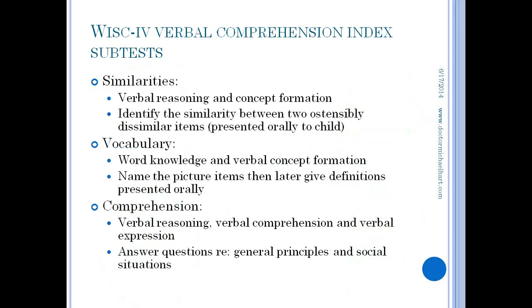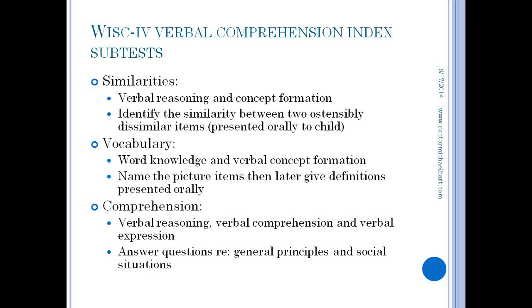So the general category is verbal comprehension, but really we're talking about, say for instance, similarities. Similarities really drills down into your reasoning abilities, but also concept formation. So the tester will ask the child to identify the similarity between 2 ostensibly dissimilar items, okay? And these are presented orally to the child. So it could be, I don't remember what, but something like, how are a bicycle and a train the same? Okay, so they have to somehow have developed a concept that says, well, they're both